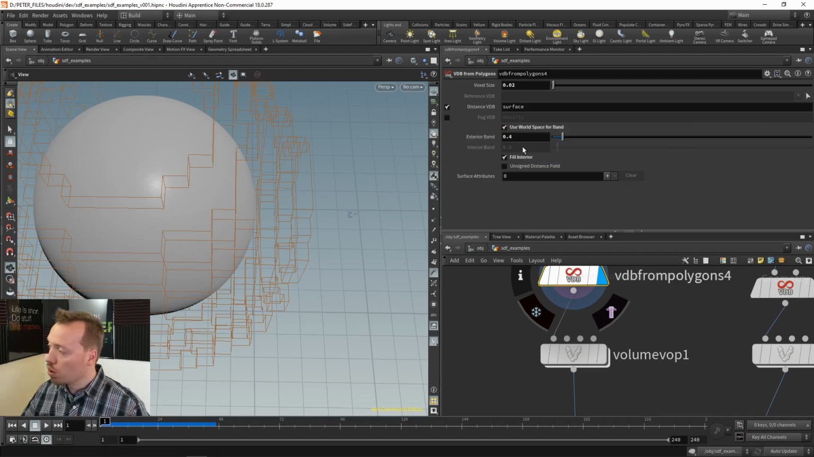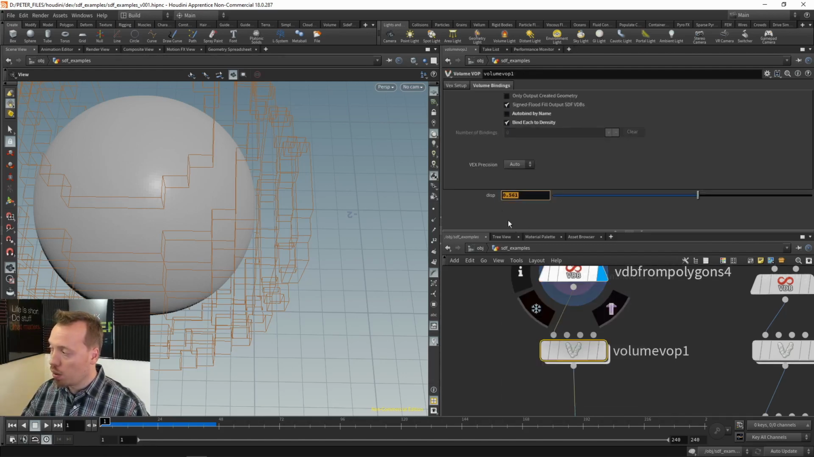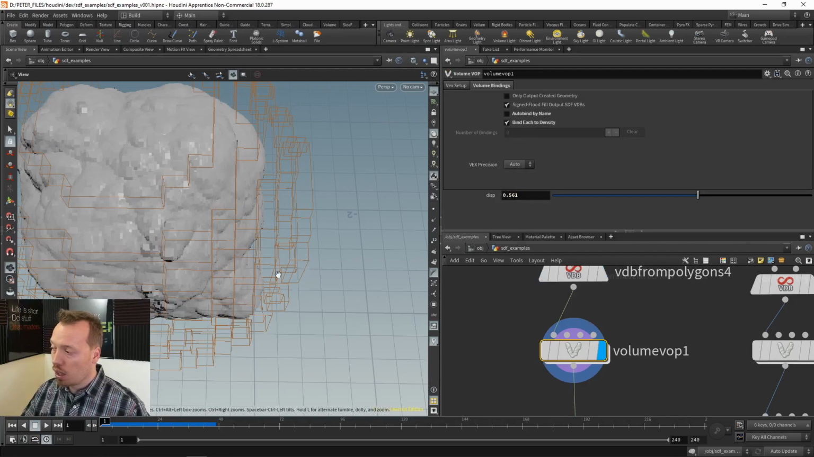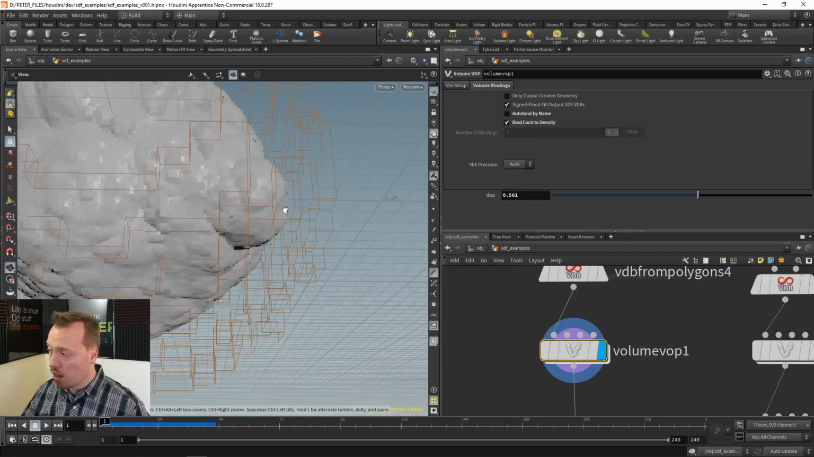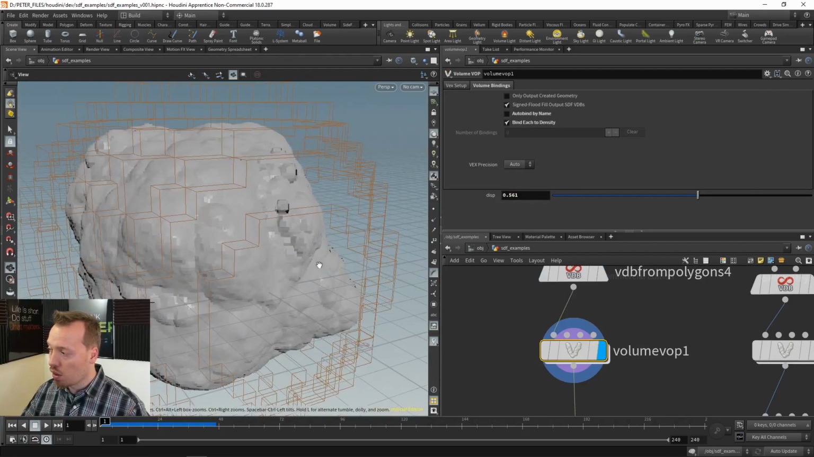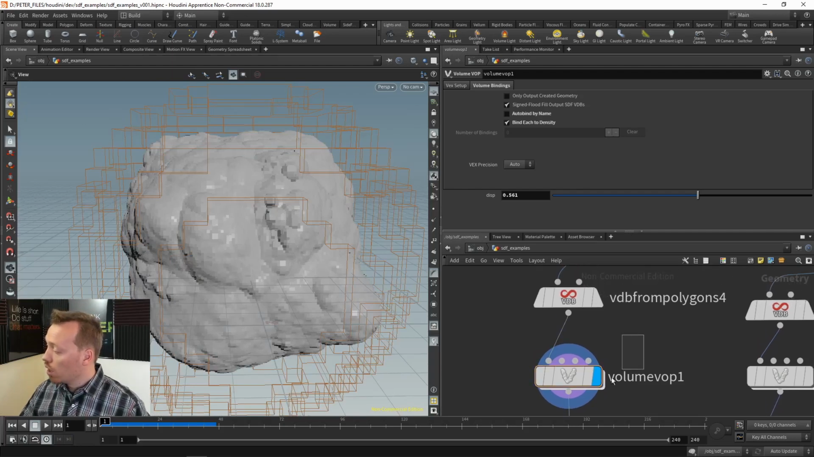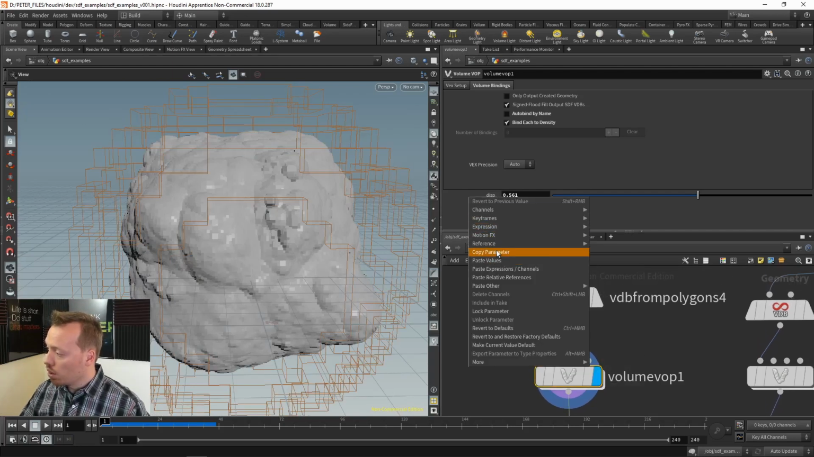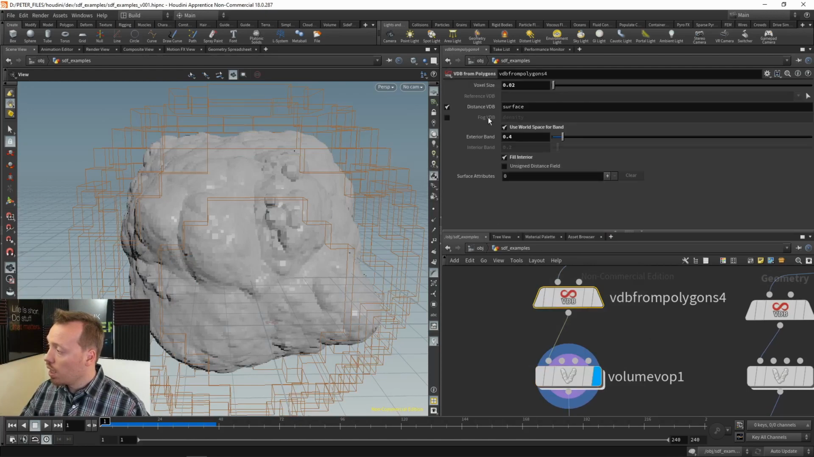So let's turn this to world space, and we can see currently 20 voxels represents 0.4 in world space, and I'm trying to displace by 0.5, so that's risky, right? We run the risk that we somewhere displace outside of our voxel range. So let's copy this displacement parameter over here, and then let's link that to our exterior band, paste